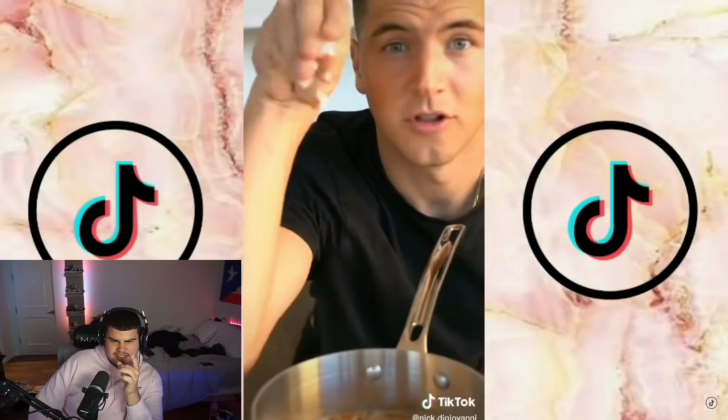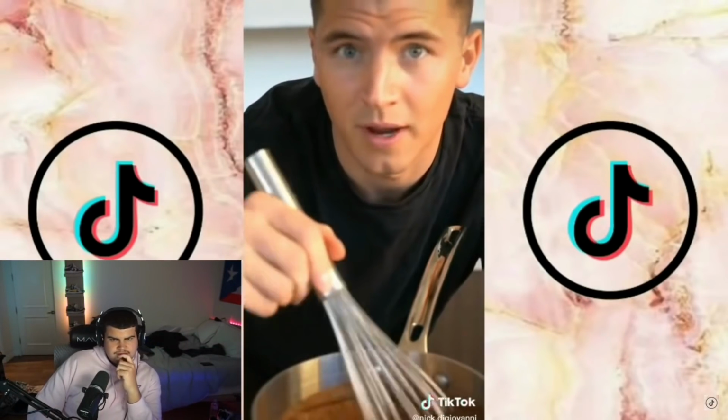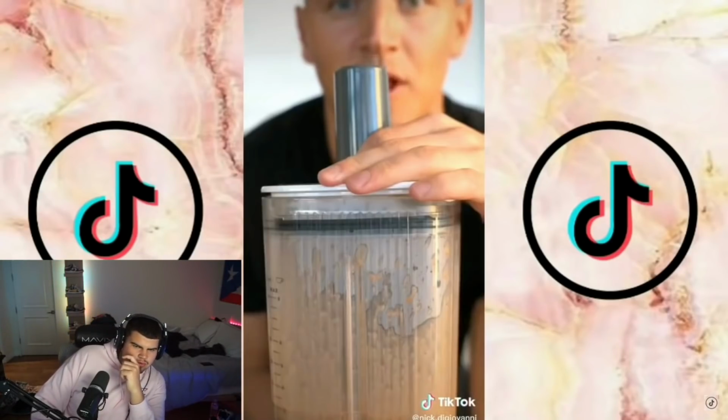a pinch of sugar, a little salt, vanilla extract, and a splash of heavy cream. Stir this up over medium heat until well combined. Pour your hot chocolate into a blender, then blend